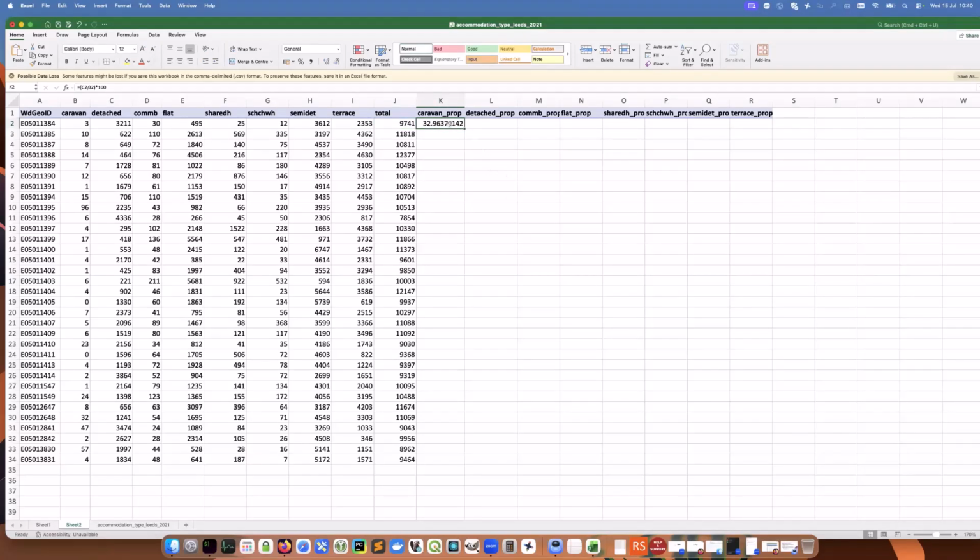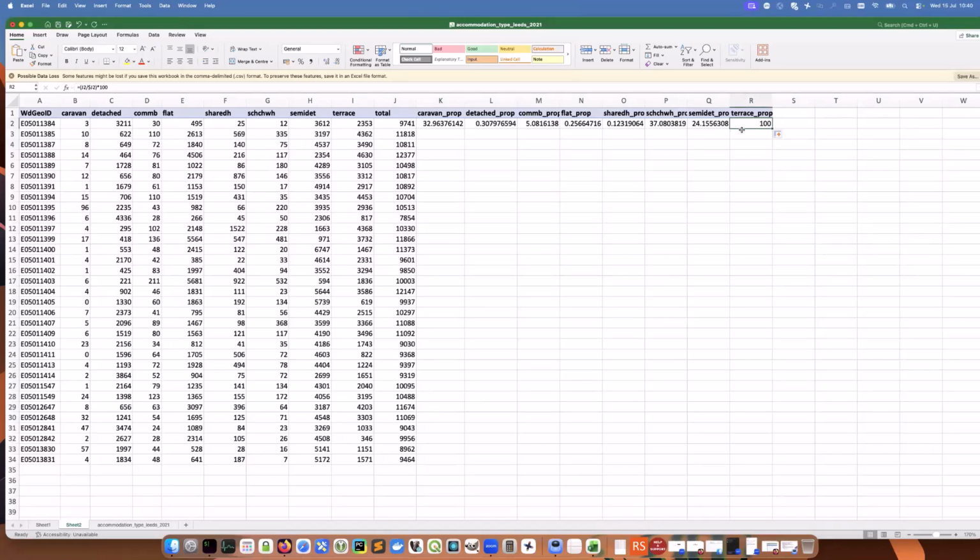And we want to use that same formula across the other columns. And so to do that, we're just going to edit the formula slightly and just anchor, so this way we can use it across the other columns. So what I did there is I just inserted a dollar just before the column so that it still refers to the total when it applies it to all the ones. So if I just drag across,